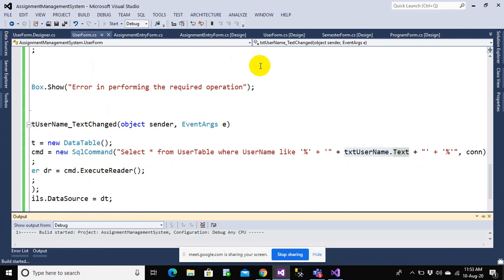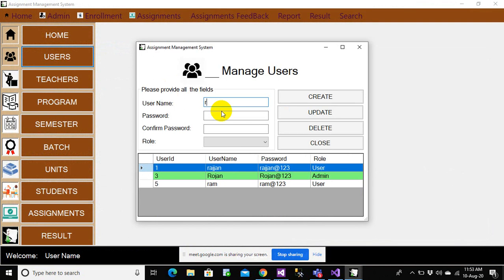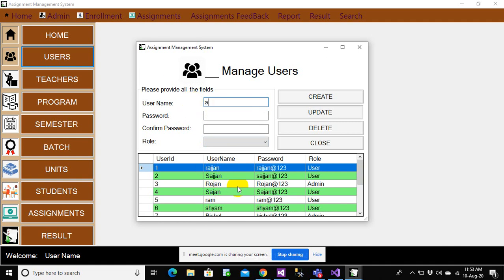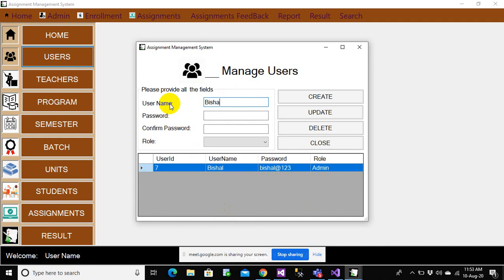As the data table contains all the fields that contain the letter specified in this text box, txtUsername, whenever you run it and type R, you will get everything with an R. If you write O, you will get any user who has the letter O in any form. If I write A, I'll get all the users that contain the letter A. If I write EN, I'll get all users that contain EN. If I write EL, I'll get all users that contain EL. This gives you flexibility.